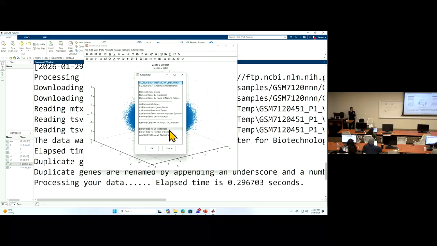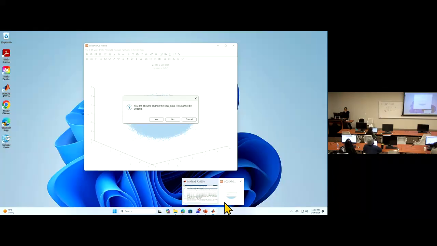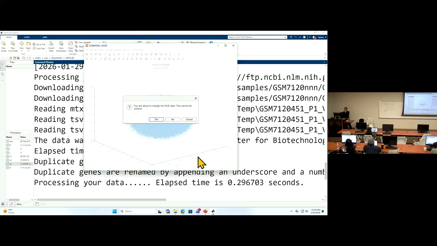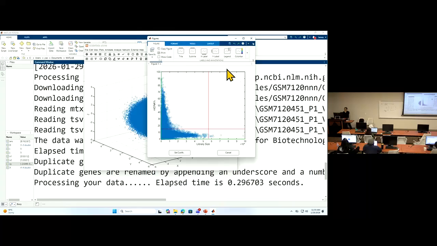That is because the mitochondrial membrane is rigid. It's supposed not to be broken extensively. So you shouldn't release many mitochondrial gene transcripts in your cell. So if that ratio is too high, it's an indication of damage to the membrane. Some cells die. So let's see this scatter plot. If you select that, you look at this